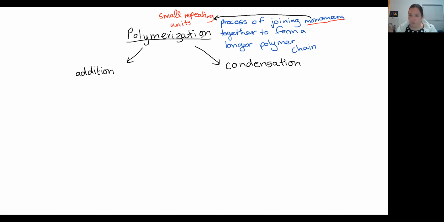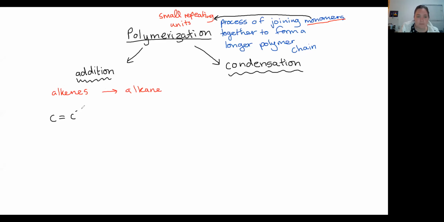Polymers are the long chains formed from the small repeating units, and there are two different ways that we join them. Please note you cannot join any two monomers using either addition or condensation. What type of molecules you're joining will determine what kind you get. So in addition reactions, we must join together alkenes to form an alkane. So one of the examples here is that if I start with ethene,